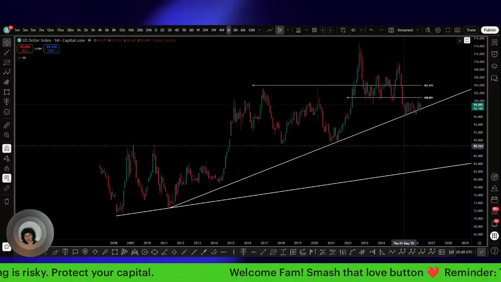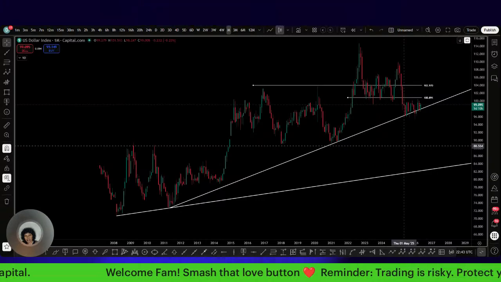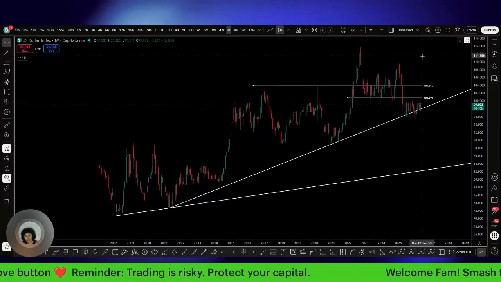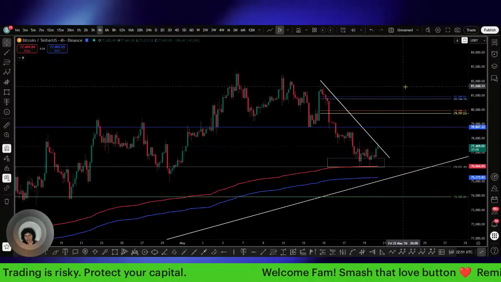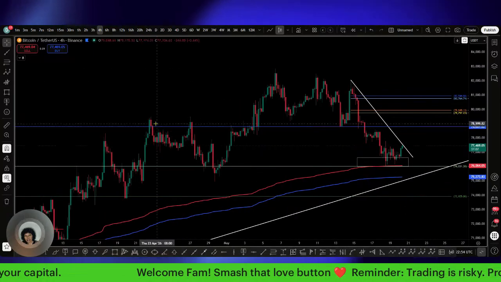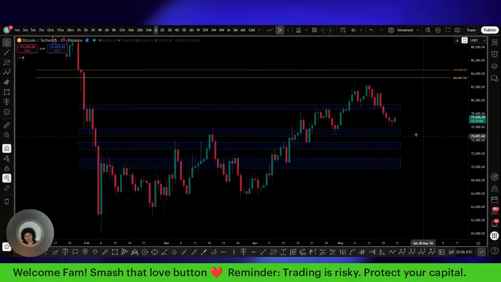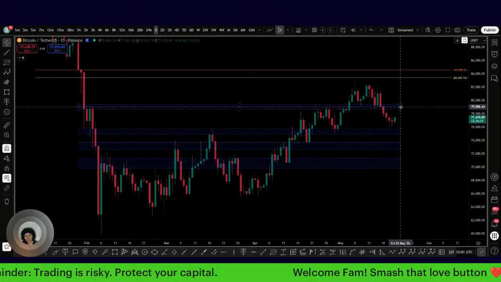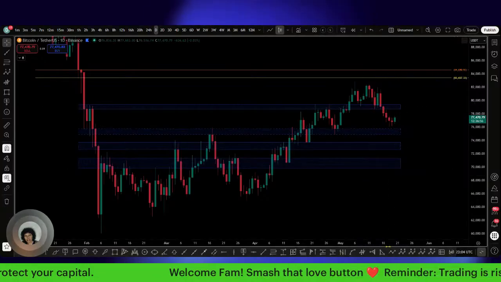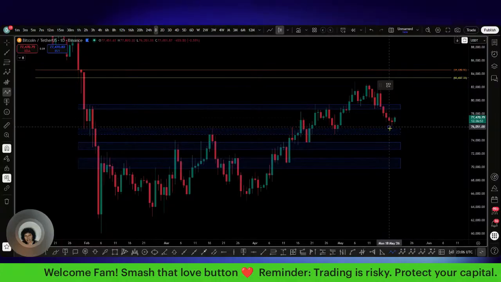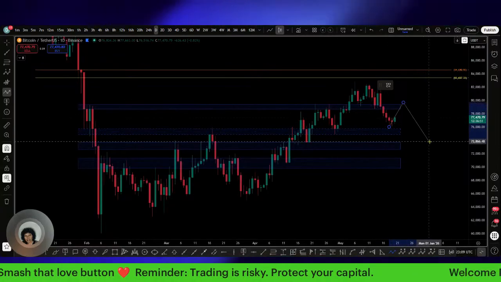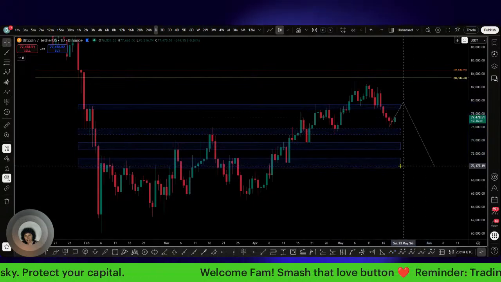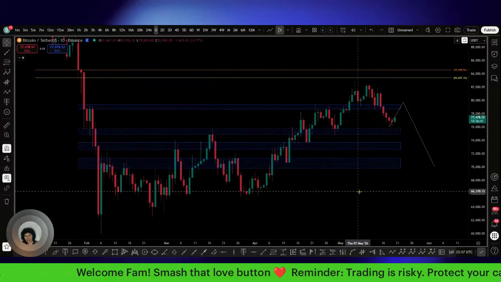Market might be forming a head and shoulders. Yeah, it could on that next push up. It could be forming a head and shoulders on Bitcoin. I know what you're talking about. I'll use a better time frame, like right here. I'm thinking somewhere right into here, around the 50% retracement, golden pocket, that it could do that number right there. And then we get the breakdown of the neckline, and then we're looking somewhere down in here.